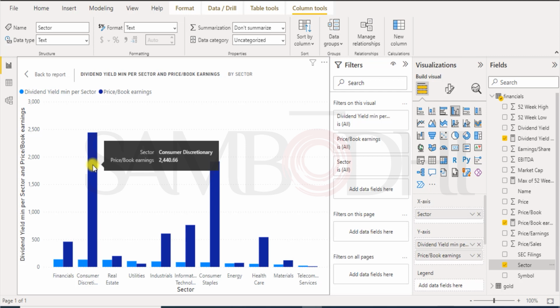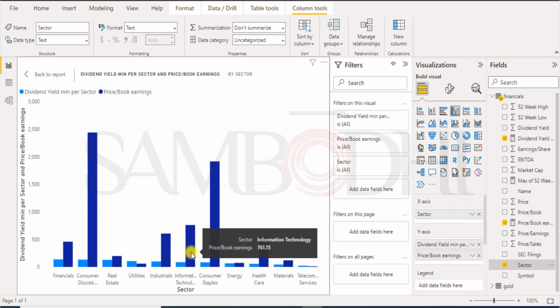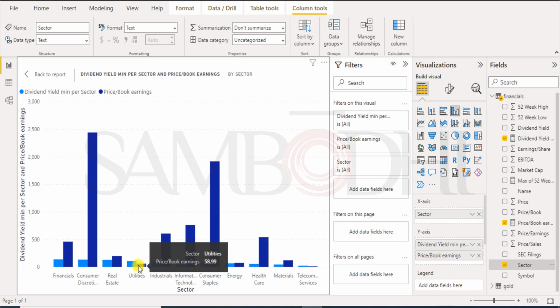price to book earnings is the highest for the consumer discretionary and second highest for the consumer staples. And we see it's one of the lowest amongst the telecom services, maybe other sectors also, as we can see here. In case of information technology, it's high. In case of utilities also, it's low. But in case of telecom services, it's very low, really. It's 11.15. So again, this is how you are creating a new measure that you are adding to your existing worksheet, and